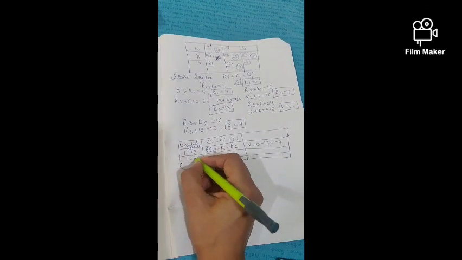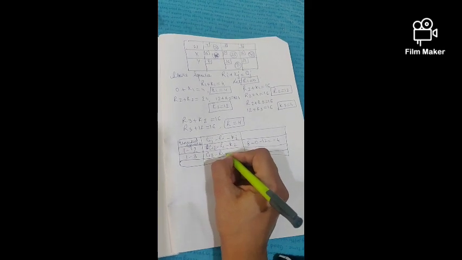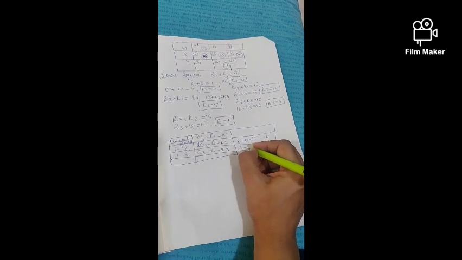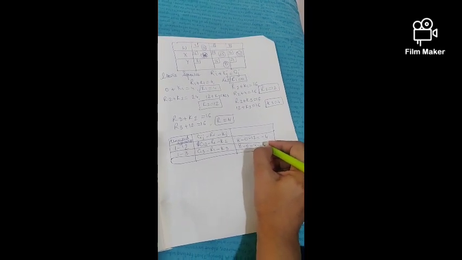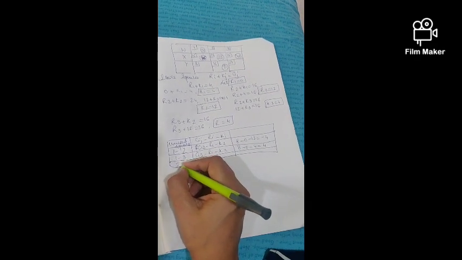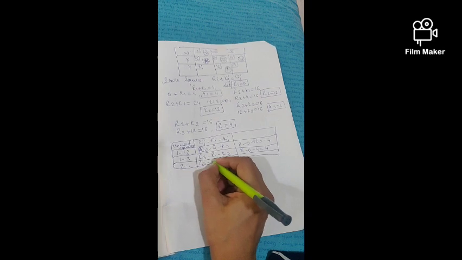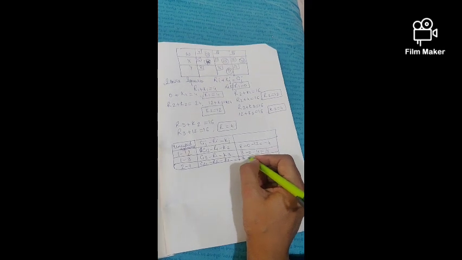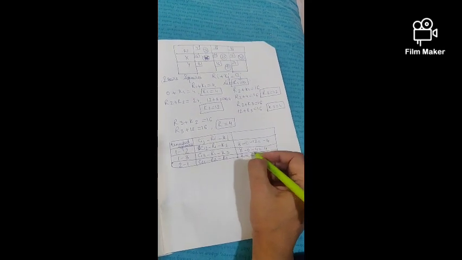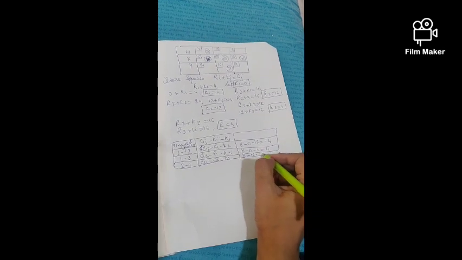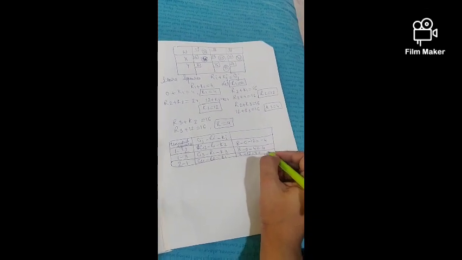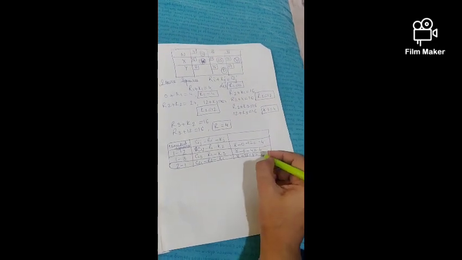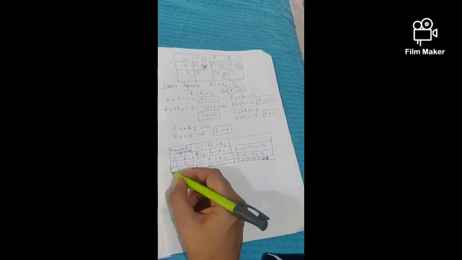Then we have 1 3, C13 minus R1 minus K3. This is 8 minus 0 minus 4, equals 4. Then we have 2 1, C21 minus R2 minus K1. C21 is 8 minus R2. R2 is 12 minus 4, equals, this will be 16, 8, 4. Okay, this will be 0. I'm sorry. Okay. Last we have